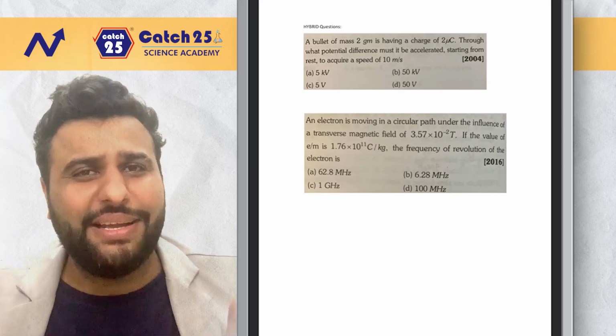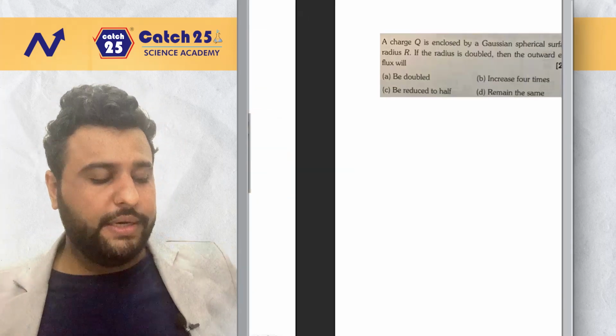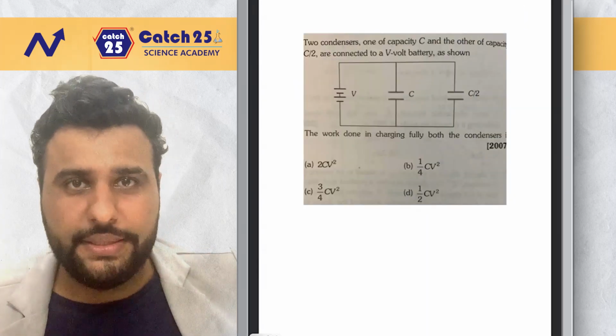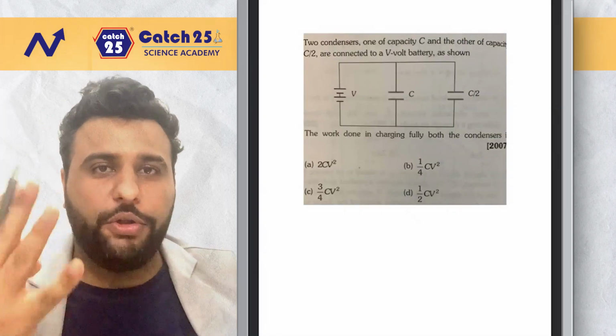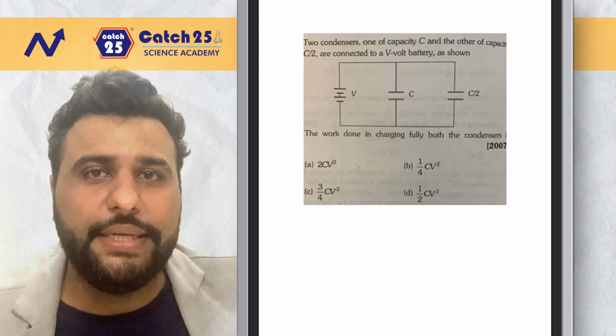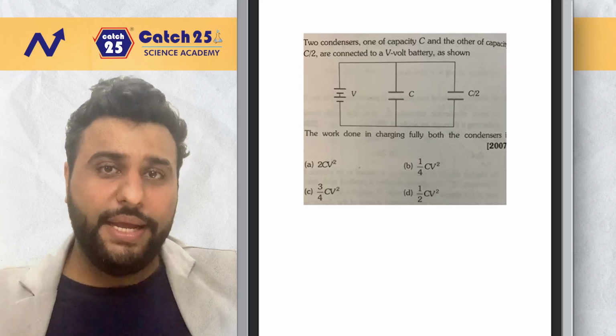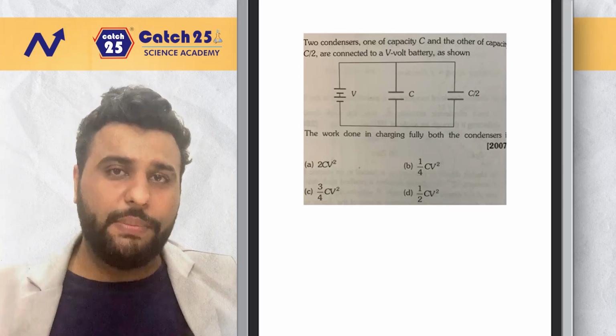Now circuit questions are very easy. Before we start the circuit questions, I will tell you 4 things. You know capacitance in series. What is the formula? Capacitance in series is 1 by C is equal to 1 by C1 plus 1 by C2 plus ...